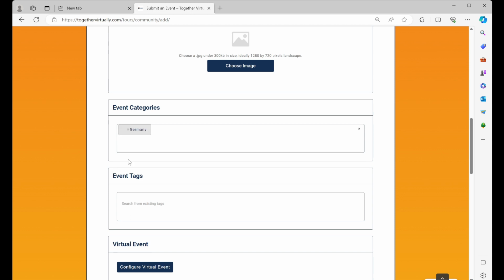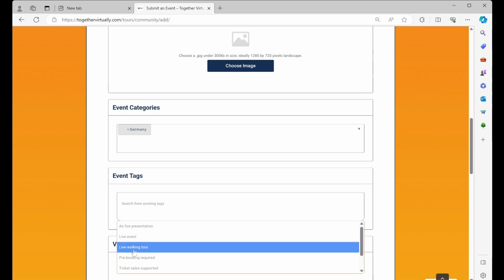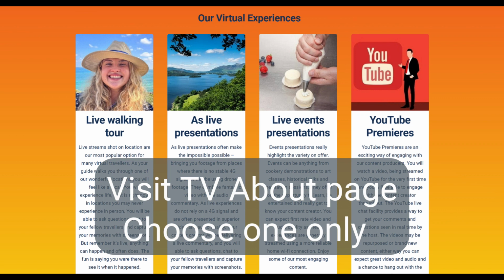The event tags contain 2 bits of information to share with your customers. The first is the type of tour that you're offering. We have live walking tour, live presentation, a live event, and a YouTube premiere. Please note, only use one of these 4 tags. Each have a separate meaning, so visit the page above to read through those and decide which is most suitable